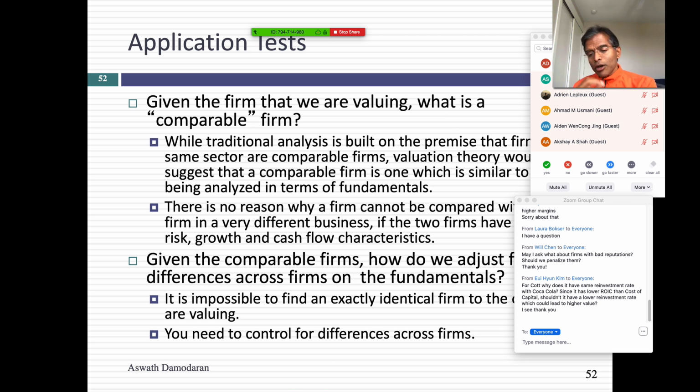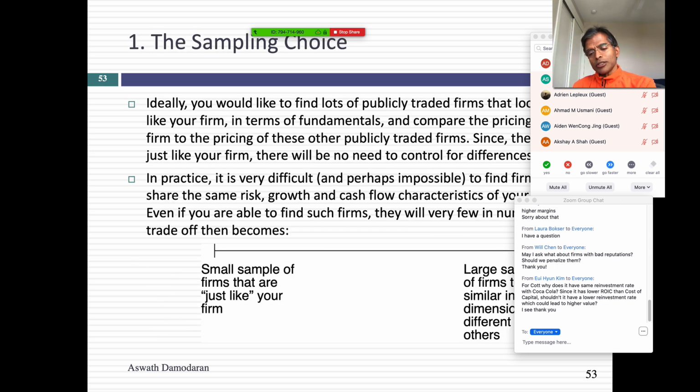And second, even if you're careful about picking comparable companies, you're still going to find differences across companies. On what? On growth, on risk, on payout, on return on equity. And you can't just tell stories. You've got to find a way to control for these differences. I've kind of opened the door to how I do that by showing you the regression approach. But in the next phase of this class, I'm going to be using statistics fairly liberally. And not high-level statistics, but very simple statistics. So let's start with the question of what companies I should use as my comparables.